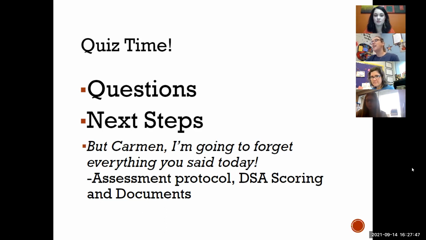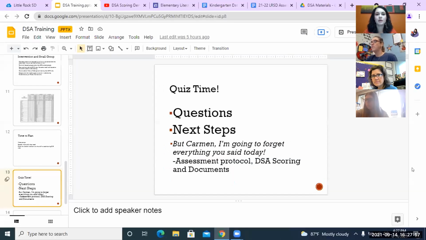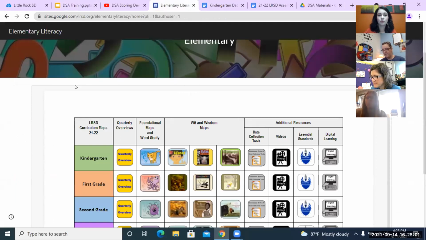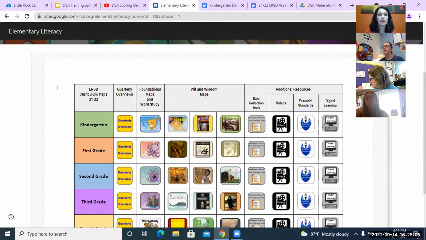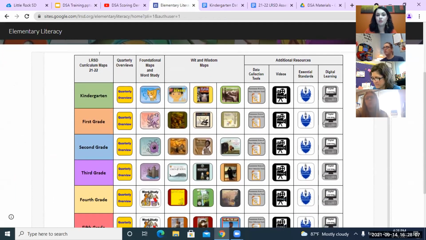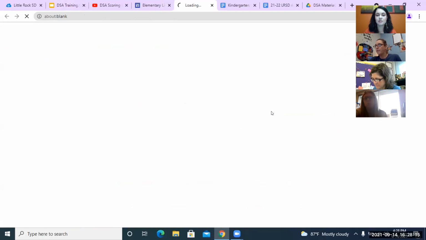Yes, where is that again in the map? I had to pull up the map and I didn't have it saved on my computer. Okay, so let me minimize my screen here. We're here on our elementary literacy site. It's not going to be on the map. You're going to come over here to data collection tools, and that's where all of your testing type stuff is. So once you open that,